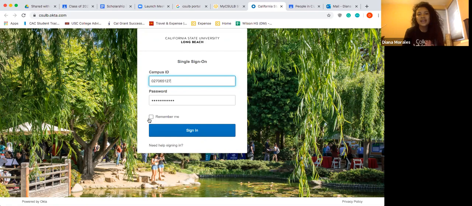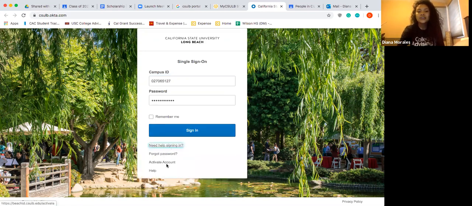So for students that have never signed on, you are going to have to activate your account. And to activate your account, you'll click this link that says need help signing in. And you're going to activate your account. For activating your account, they are going to ask you for your Beach ID. So you should have all received via email your Beach ID, also known as your campus ID. So you might have to go back into your email and you can always search campus ID or Beach ID. This email should have been sent to you about 1 or 2 weeks after you submitted your Cal State